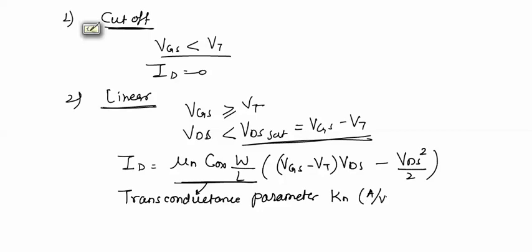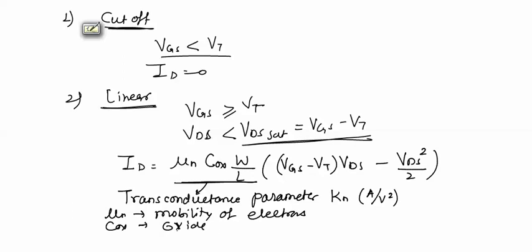Unit is ampere per volt square, where mu n is the mobility of electrons, C oxide is the oxide capacitance that we saw in MOS capacitors, and W by L is called the aspect ratio,